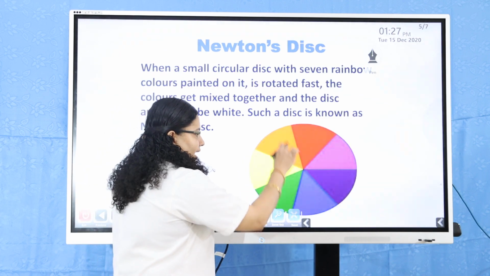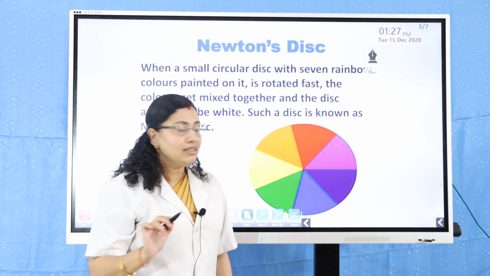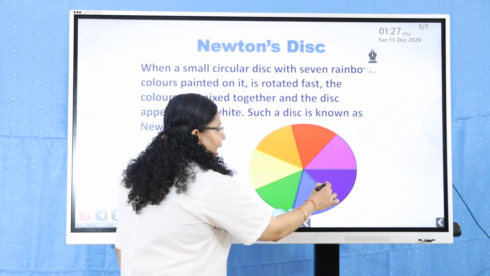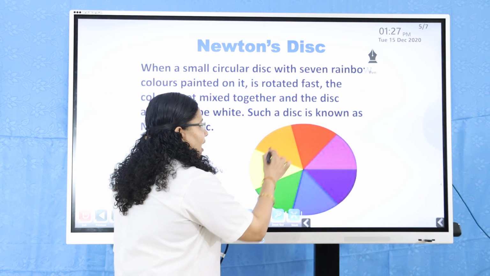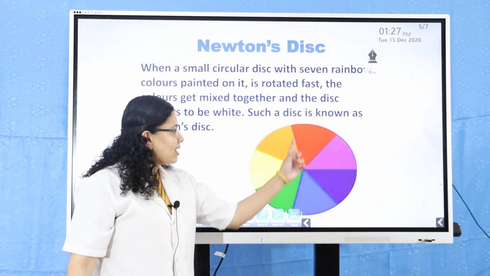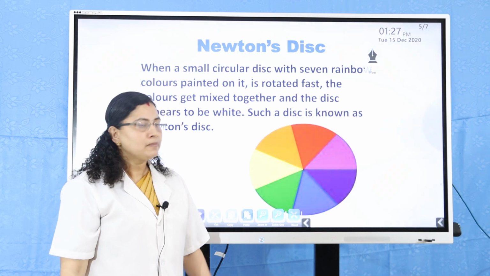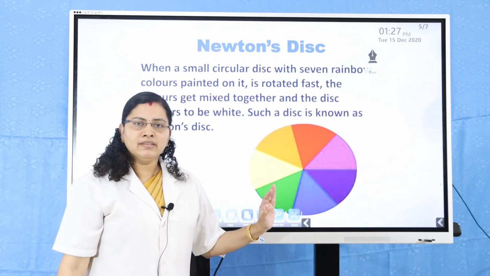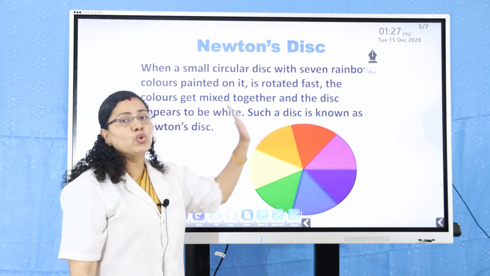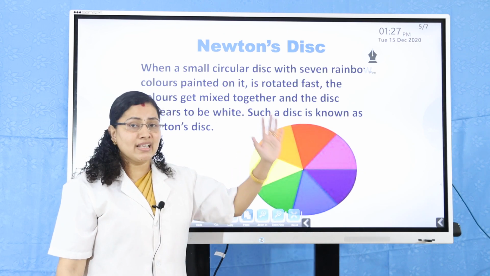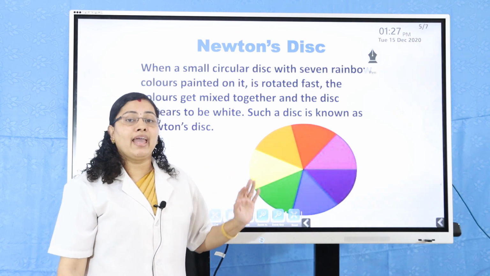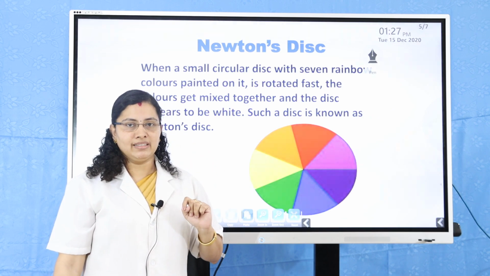In each segment you have to color with violet, indigo, blue, green, yellow, orange and red, as shown here. Then when you rotate this very fast, you can see white color.